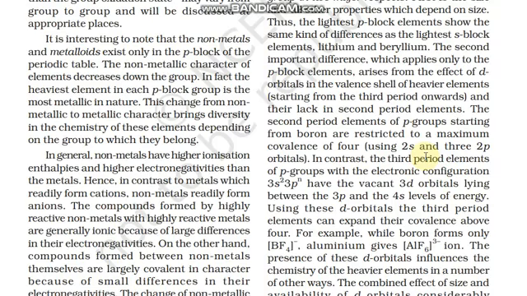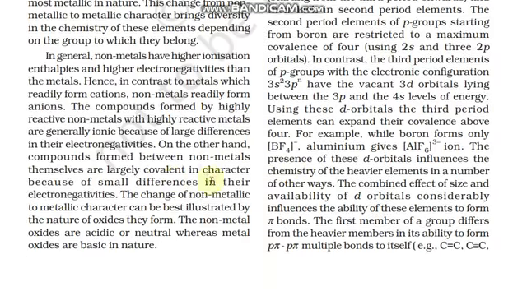So these are the things which are given in this paragraph. And when you look at the bottom, there is a change in non-metallic character, illustrated by the oxides. When you see boron, its oxide is acidic, whereas for aluminium and gallium the oxides are amphoteric, and after this they become basic.